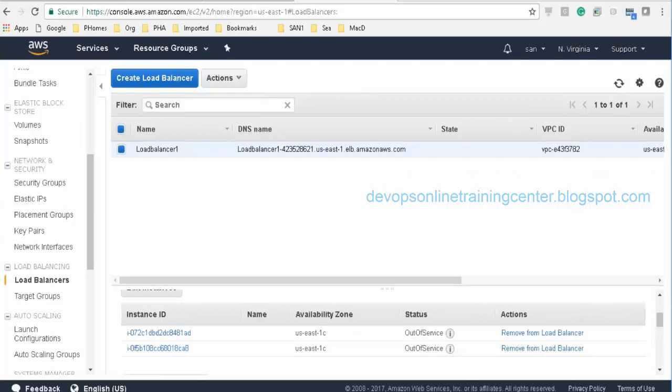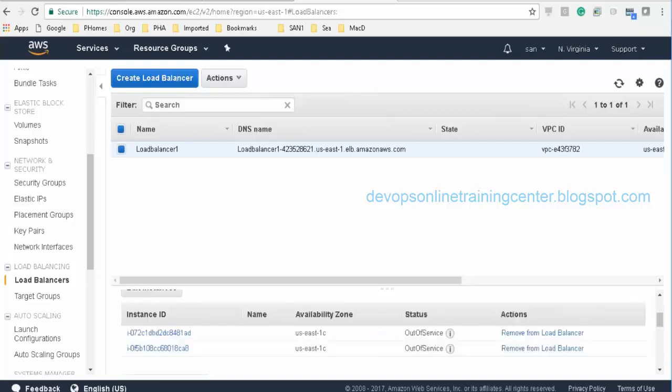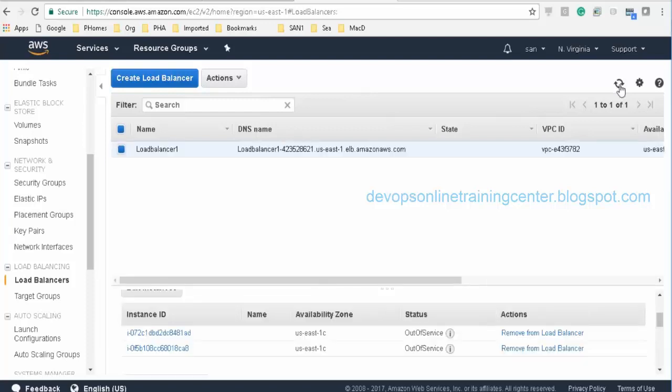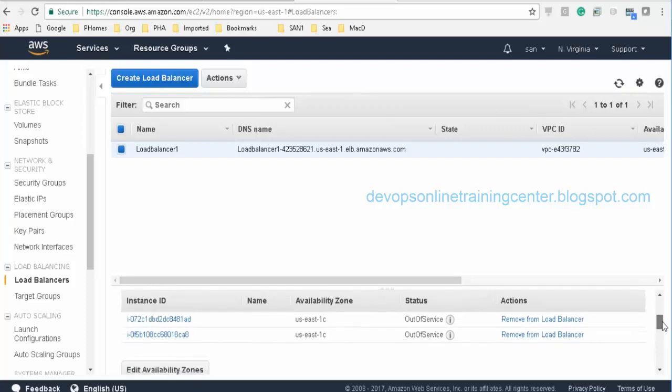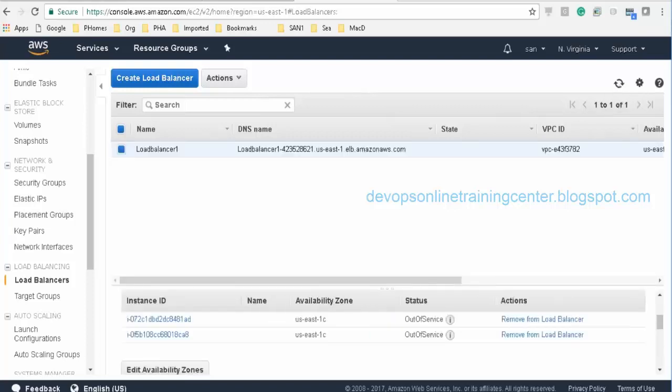Santosh, I have a question. Yeah. If these instances are from different availability zones, in real life, normally the web page should be the same, right? If they access different instances, it should be the same, right? Yeah, it should be the same. But if they are in different zones, how is the web page the same? Because the same application will be running on both the instances, right?